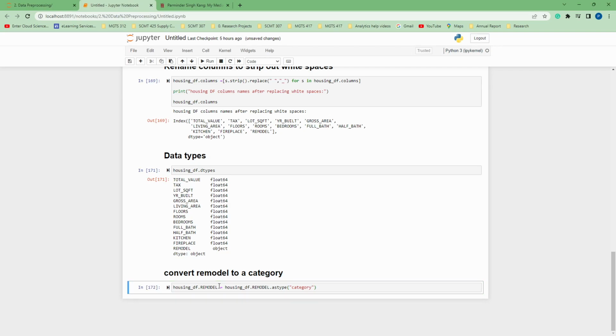We've done that, so that's good. Then what we want to do is display the categories. So, the number of categories in the housing data frame based on remodel, right? And we can do it here with housing_data_frame.remodel